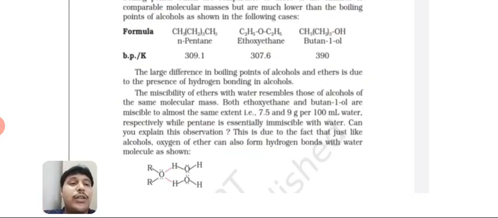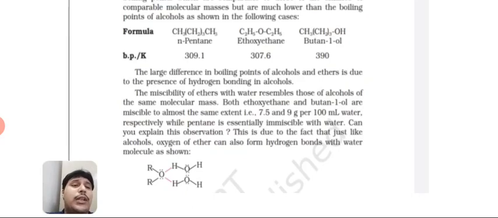And this property resembles that of alcohols of the same molecular mass, right? It means in the case of boiling point we say there is no hydrogen bonding, but when ether is dissolved in water, it forms hydrogen bonding, and this is the reason for the same kind of miscibility of ethers like alcohols, right? So the earlier members, or lower members, of ethers are also soluble or miscible to the same extent as alcohols,